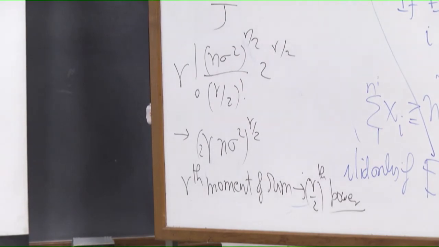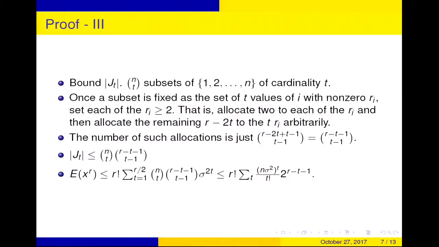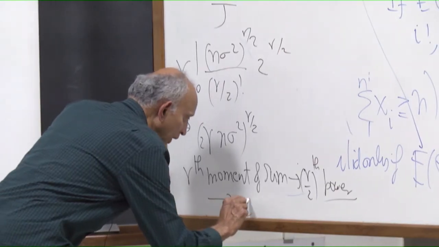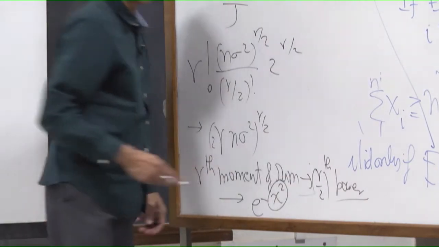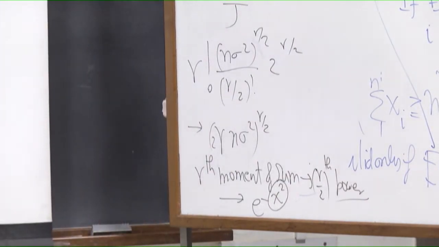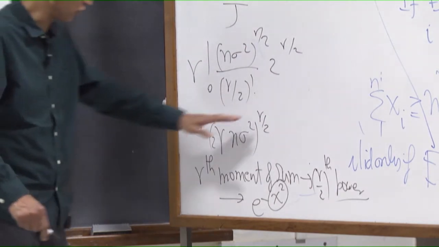Okay. Now, it requires some thought, and I will do the manipulation on the next slide. But that is essential for sub-Gaussian behavior. So this is essential for e to the minus x squared. That square there comes from the R over 2. If I didn't have R over 2, if I just had R, which is what I would get trivially,